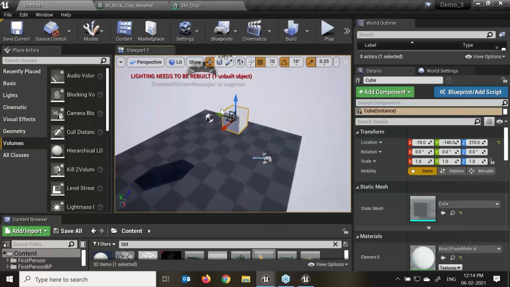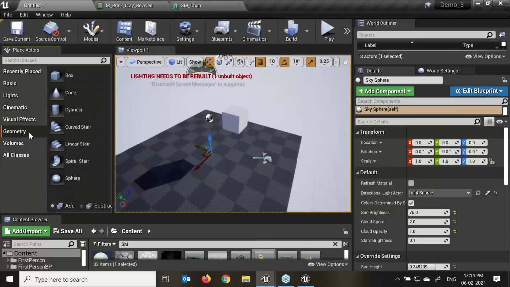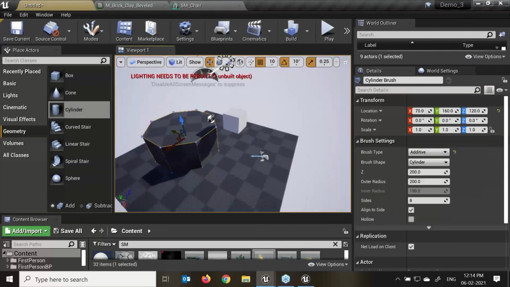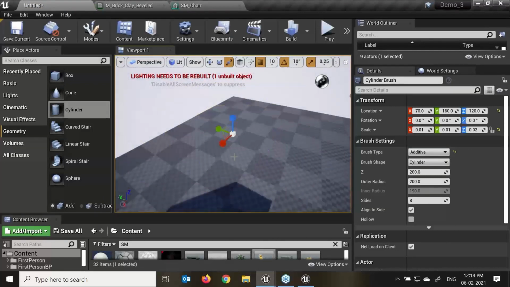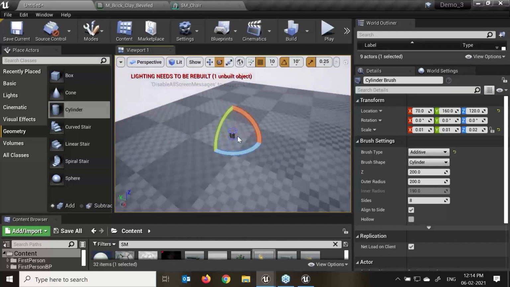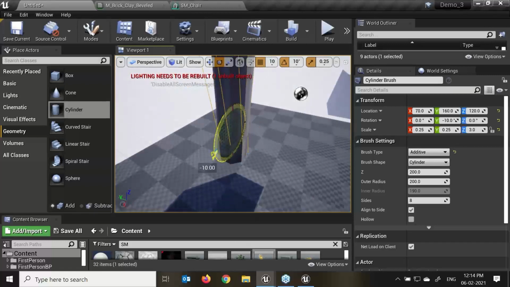For an example, I'll create a geometry, this cylinder, and I'll reduce the scale. Press F, make it a little bit bigger, scale it and rotate it.